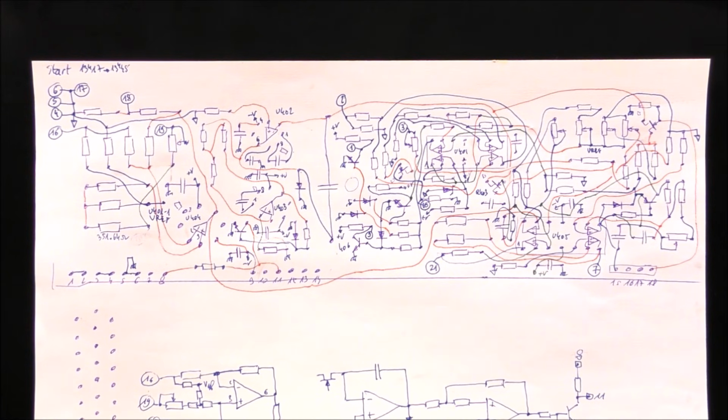This is the second step of the reverse engineering. It was not obvious. The routing is far from perfect. You can see, for example, these 2 resistors here, which permit current bias compensation. You can see that they are connected to the op-amp here, non-inverting input, this one and the other one here. So the best solution would be to place these 2 resistors close to the op-amps. When the routing is not perfect like this one, it is more difficult to do the reverse engineering.